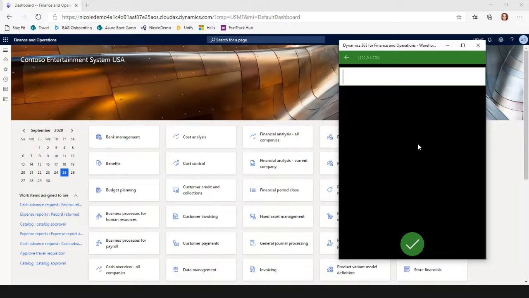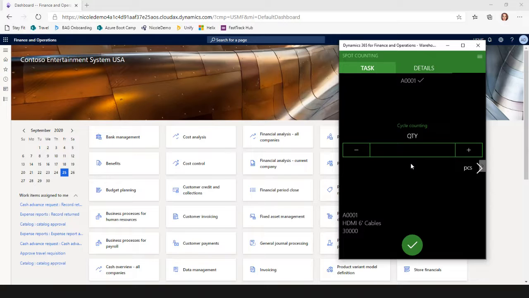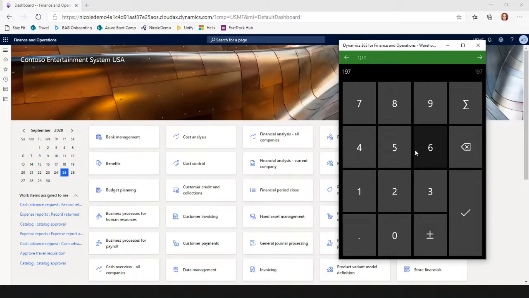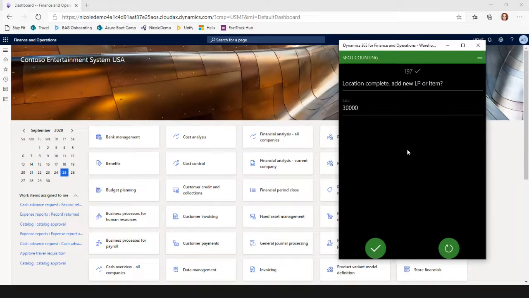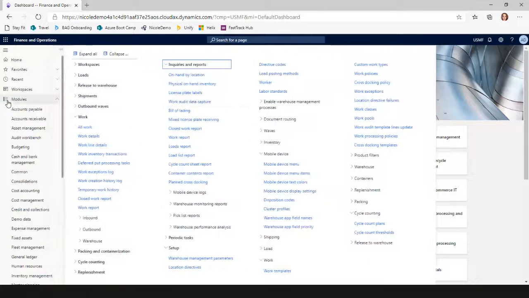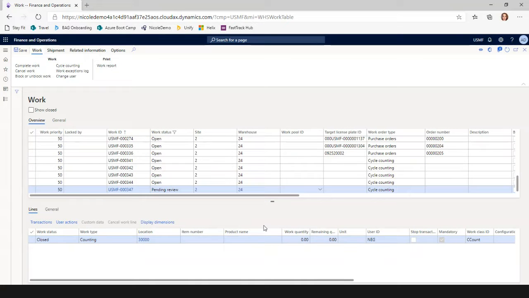So if I again count that location and that item, I know that it just adjusted down to 195 pieces. So maybe now I count 197. Again, it's going to tell me that does not match, but I'm going to enter the same count. I'm not going to add anything else. And this time, if I look at my open work queue, because I'm not a supervisor any longer, there is now a pending review cycle count work, and my inventory has not yet been adjusted until this pending review work